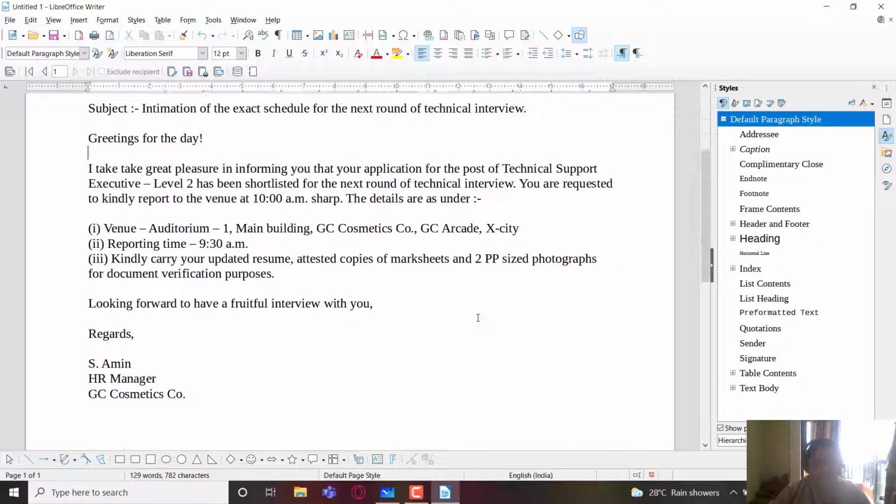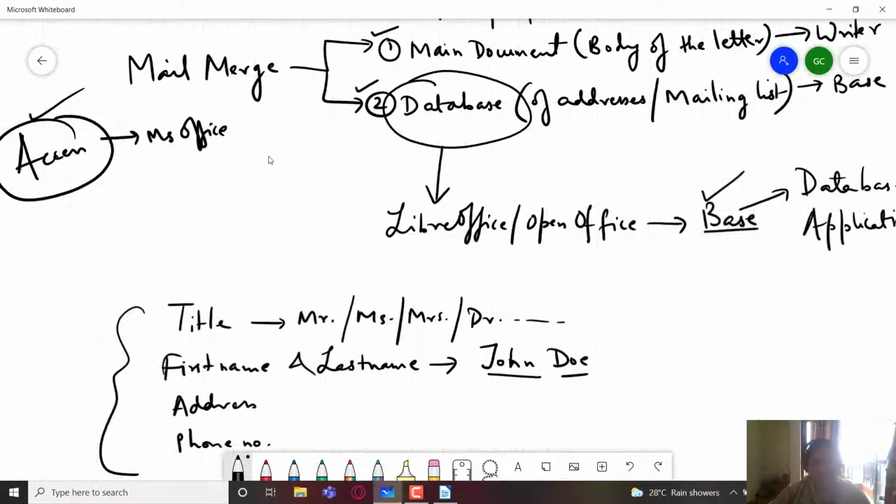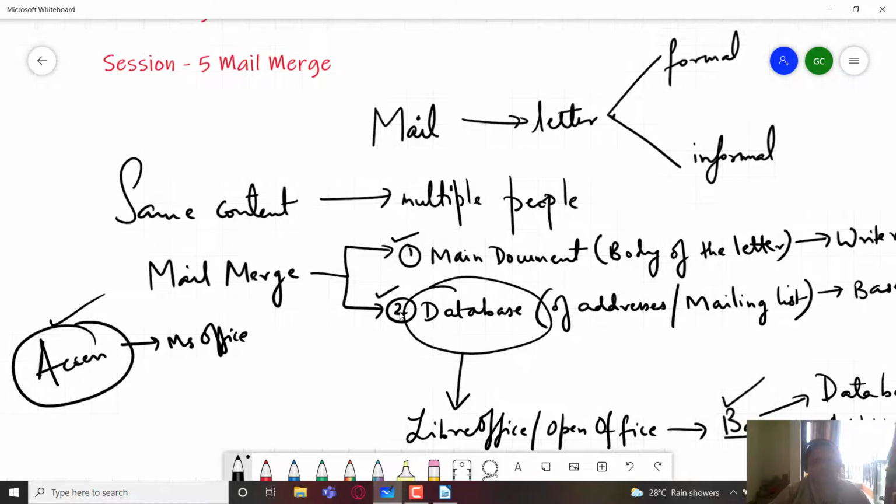So students, this is mail merge, as I told you today. It is a very powerful feature of any word processing software, which allows us to create multiple copies of the same letter with different mailing lists, with different addresses and recipient details. So please practice this. We have seen it only in LibreOffice. In the next lecture, I am going to demonstrate this in OpenOffice Writer and MS Word.